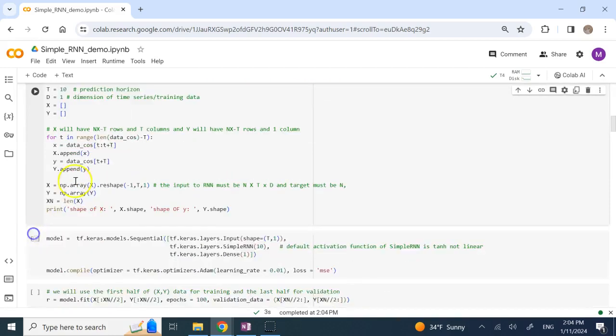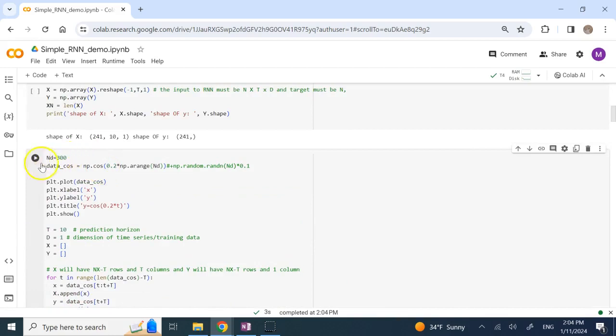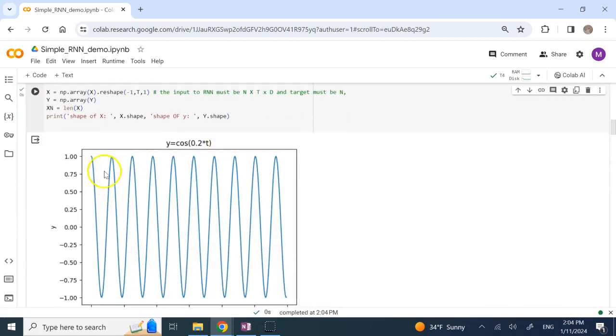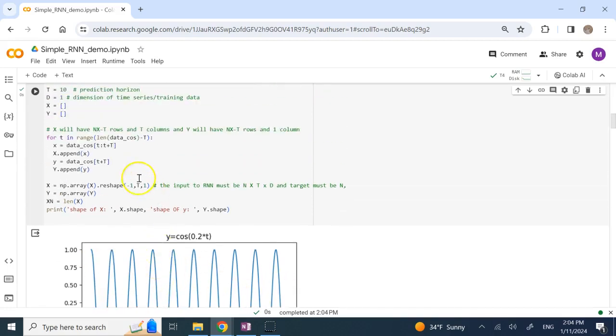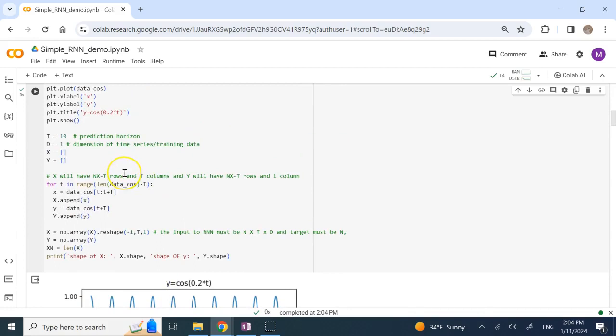So here, let's go ahead and generate the data and plot it. There we go. You see, beautiful cosine function. And then I'm going to use this data for training the network. Now, when you want to train a network, you have to